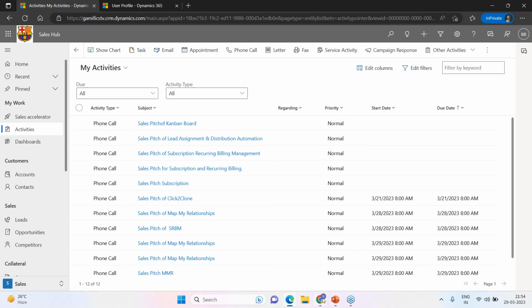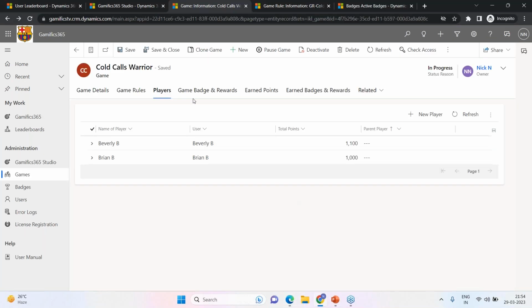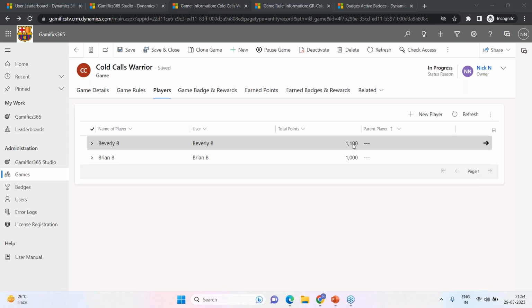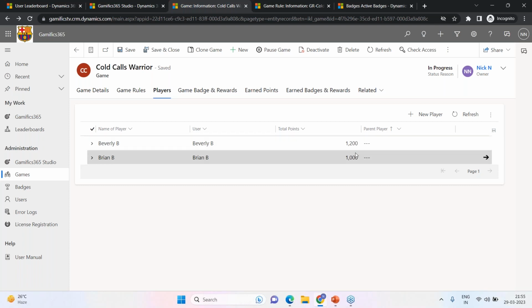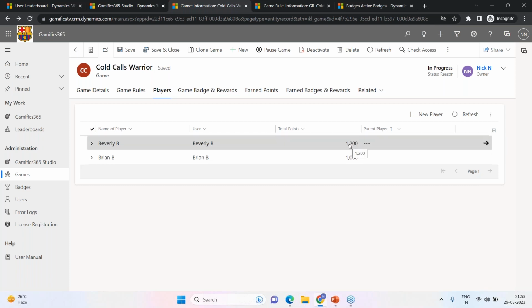So let me go back to my CRM where I've got the Gamifics. Let's give the solution a couple of moments. And after a couple of moments, what I'm expecting is once I hit refresh, this number should change. Okay, let's wait for a couple of moments. Well, I hope I had selected the appropriate direction. Oh yes, it was. And here we can see the points being changed from 1100 to 1200 because all the